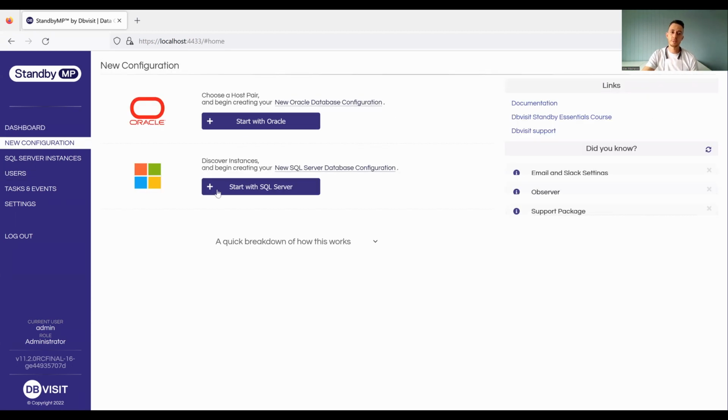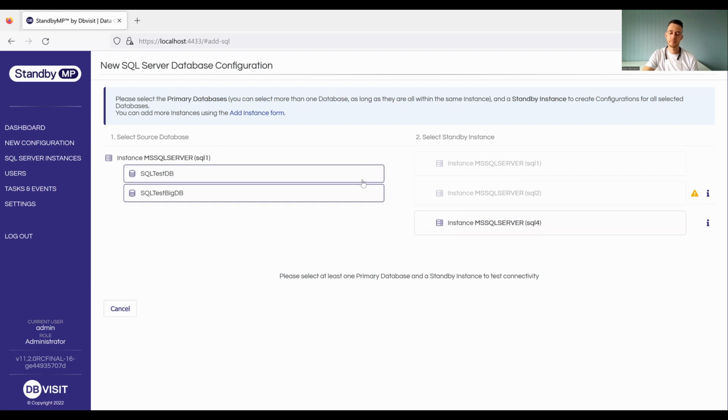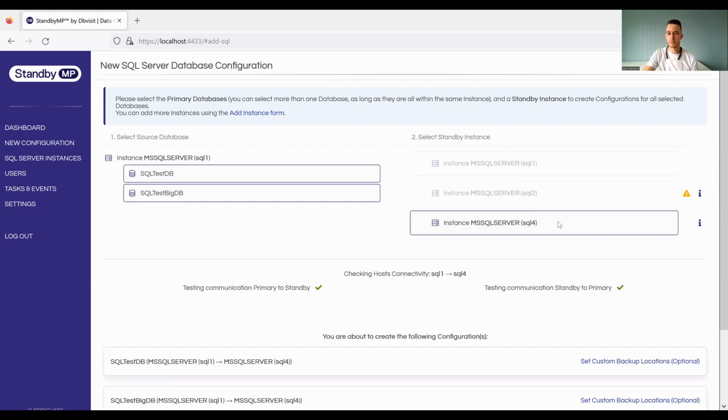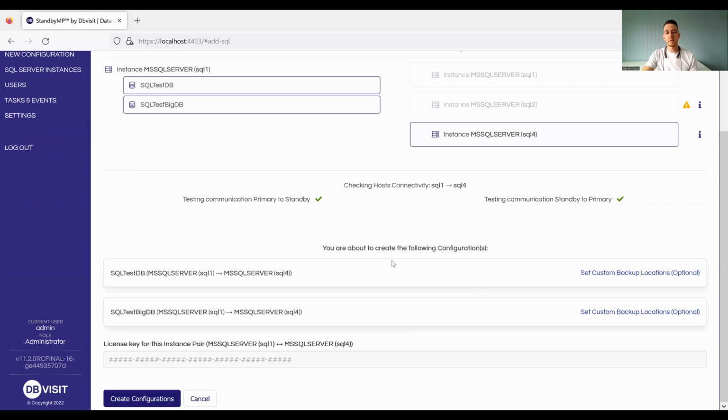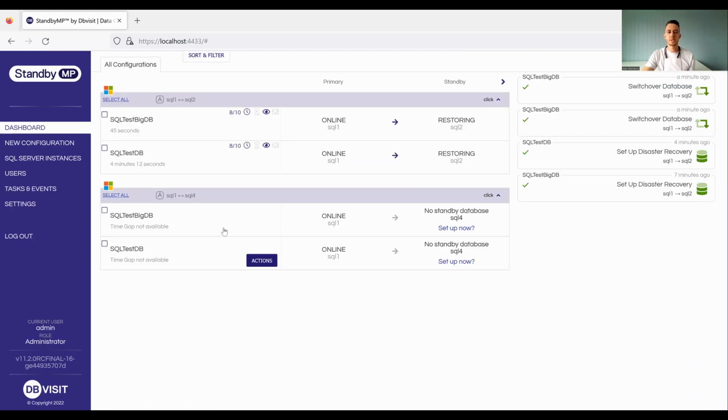If I go to new configuration, SQL Server, I can select, instead of selecting just one of these databases, both of them. Select the target instance, which in this case is going to be SQL 4. And we're going to create two configurations at once by just clicking the button once. Paste in the key, click the button, and just as easily as that, you're done. You can do this just as easily for 2 databases as for 200, which, if you're running busy instances, can